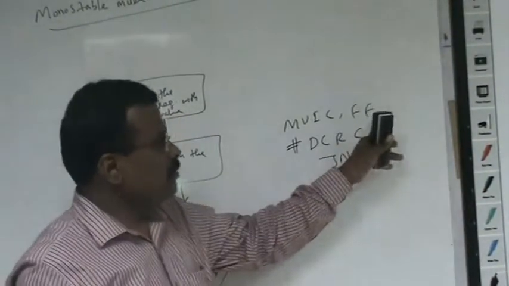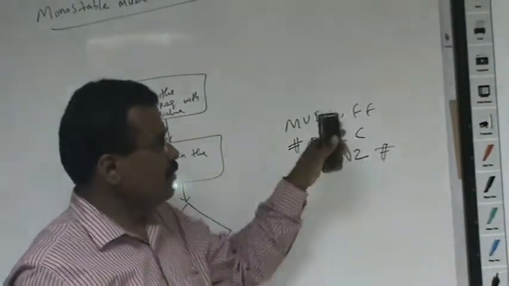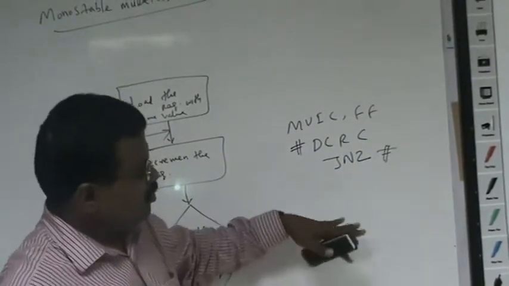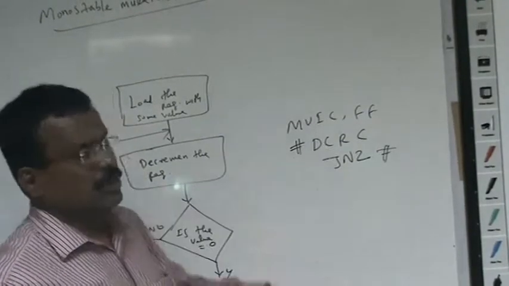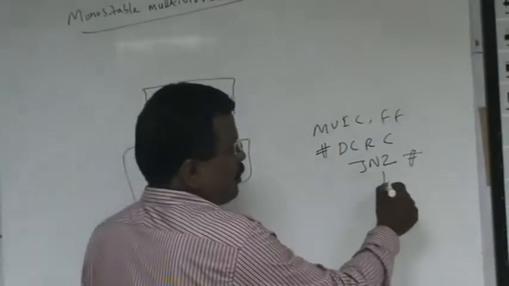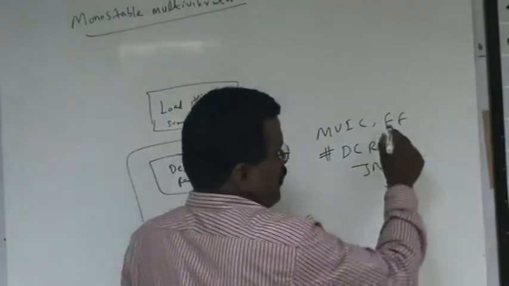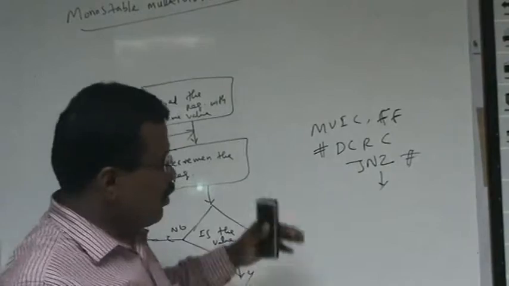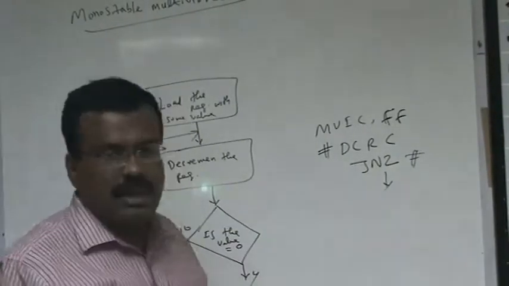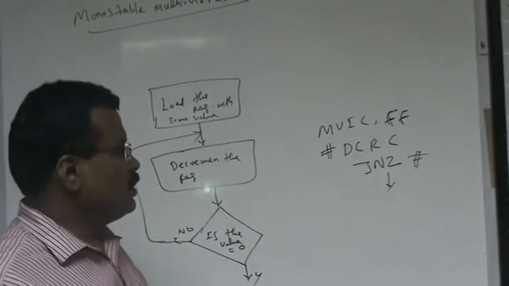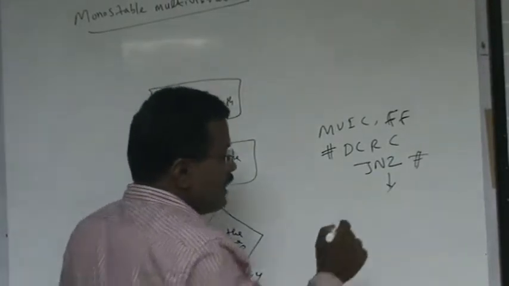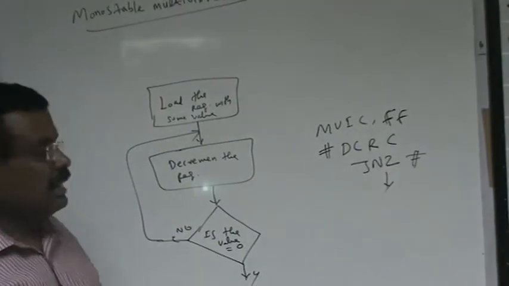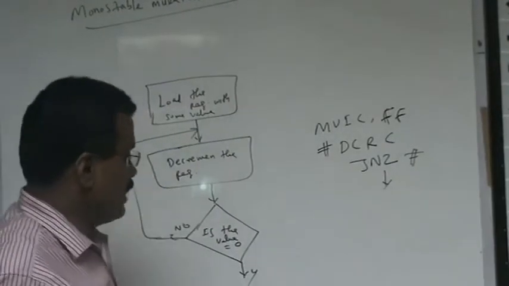Second time it will become FD, FC, FB, FA, like that. 255 will become 254, 253, 252 like that. It will become 0. So whenever it becomes 0, it will come out of the loop. So until then, we are loading one number and giving the microprocessor some useless work, decrementing one by one until it becomes 0. So here is how we can get a delay: for executing each and every instruction, the microprocessor will take some time. That time is taken as the delay time.